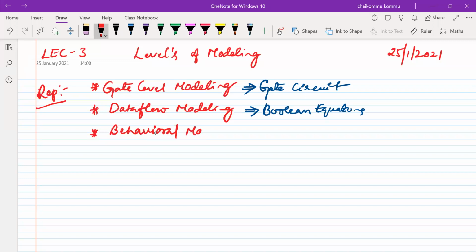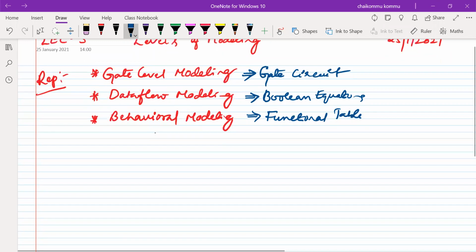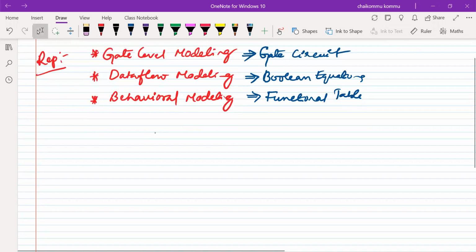For behavioral modeling, we should know the functional table. Actually, not necessarily a functional table, as different ways are there, but simply we can consider the functional table. Okay, so we have taken